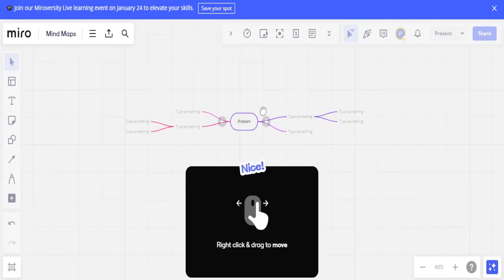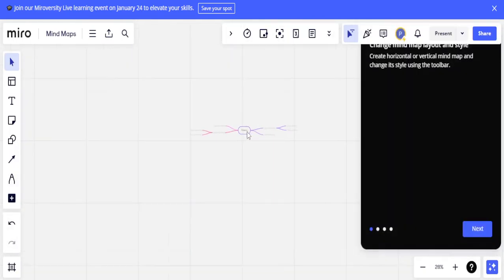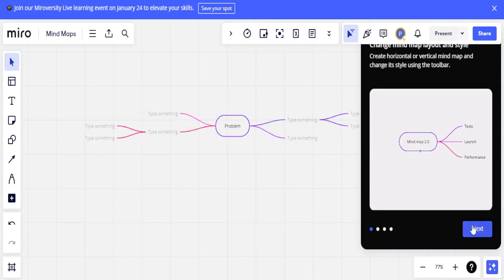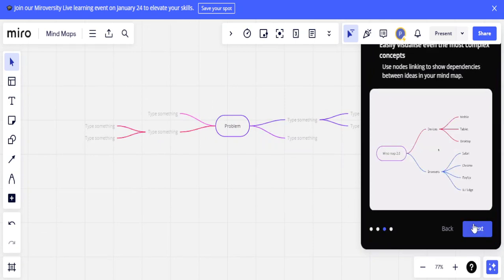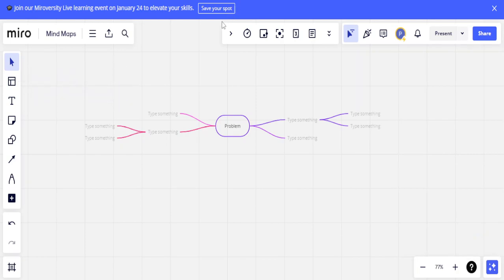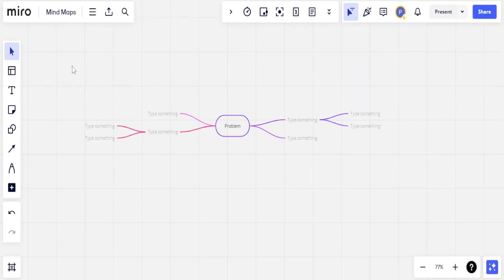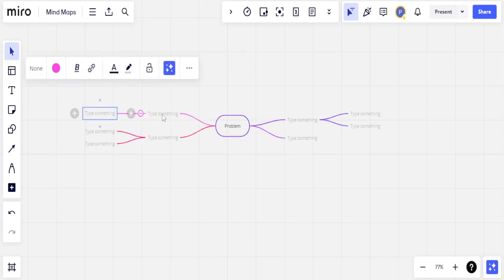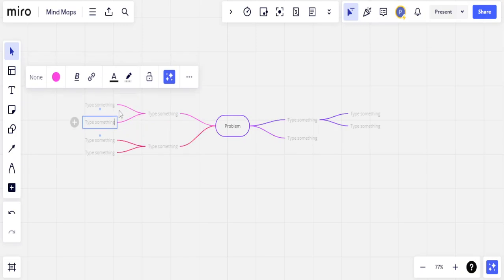You can use right click to drag and see. There is also a small tutorial that you can use to ease up the start of your solving of problems. So here you can add text, or you can add more